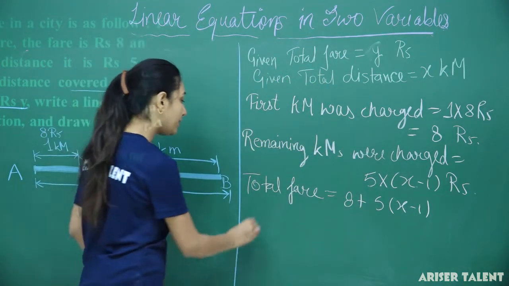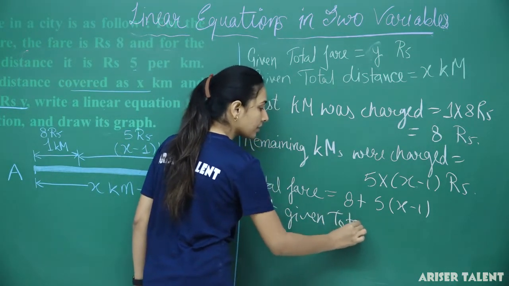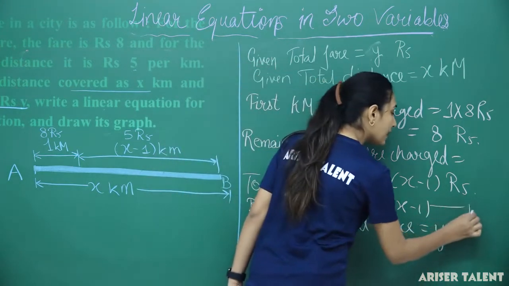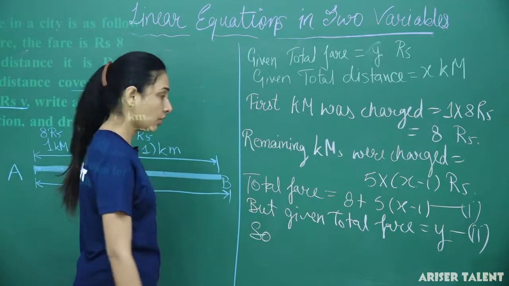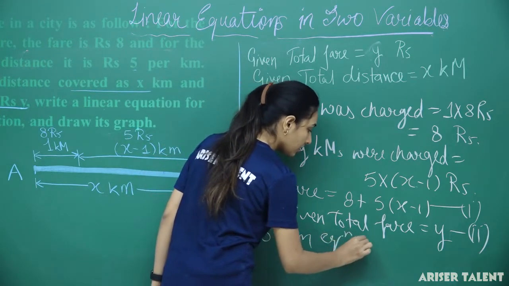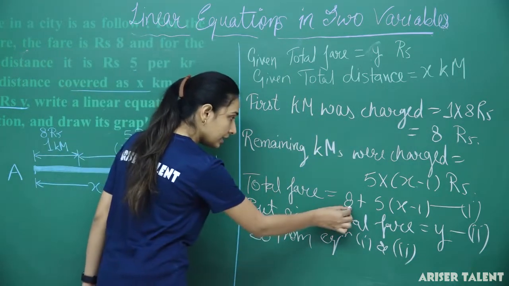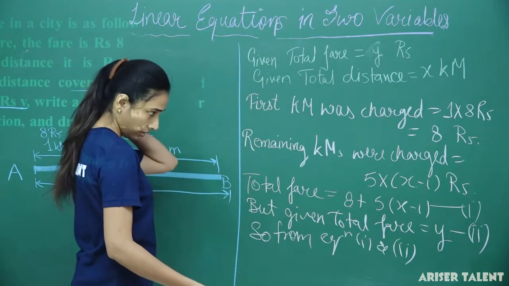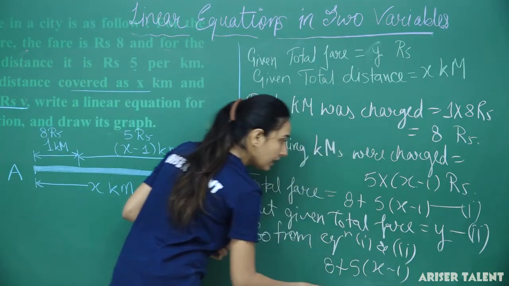Okay. But given total fare, what was the given total fare? That was y. Okay. So this is my equation 1 and this is my equation 2. So from equation 1 and 2, what will I write? This 8 plus 5 x minus 1 is equals to y,